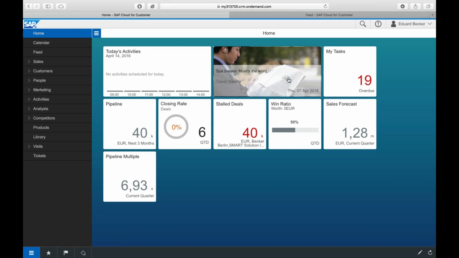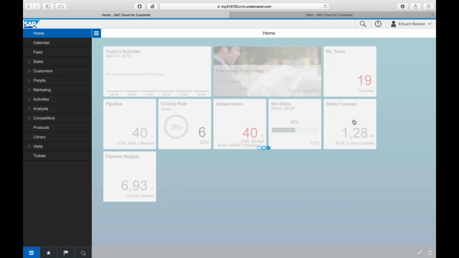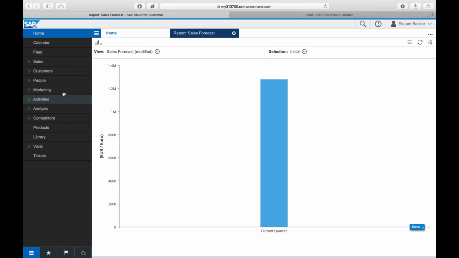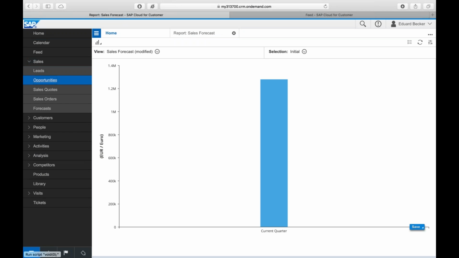As you can see, here you see all your KPIs, which are important for you on the homepage. You can quickly click on them and you'll get the whole report so that you can get all the necessary information. You can change the view of the reports, and it is really, really very good. The good thing is that all the configurations, all the new functionalities which you have implemented using the old UI, the HTML5 UI, they are also available here.